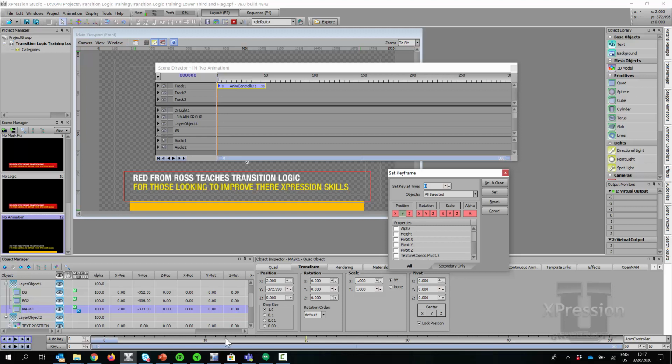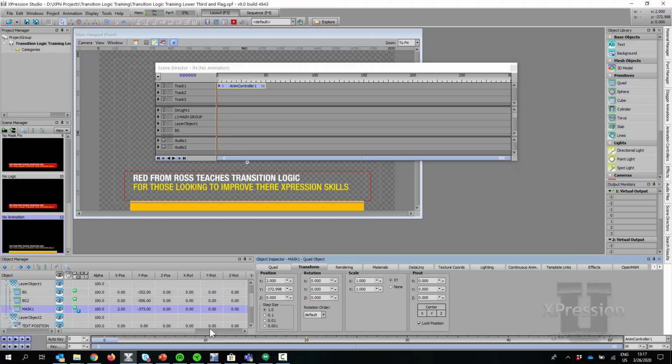I am moving quite quickly over the animation stages because I'm taking it as read that people have done animating before. If it is a bit too quick for you, then there are animation courses on the Expression U. You can check those out. I'm going to close that now by pressing enter. And we've got a basic animation now, right?